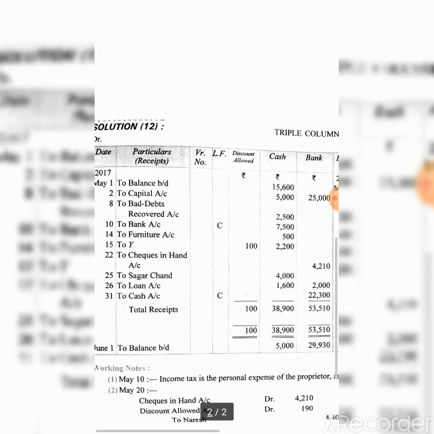Again next entry is that Sagar Chand, who owed us rupees 10,000, became bankrupt and paid us 40 paise in rupees. That means in each rupee 40 paise will be paid, that is 40%. So 10,000 into 40%, that means 4,000 he will pay to us. So let's see what is the entry of that. So to Sagar Chand, 4,000 we will enter there in the cash column,